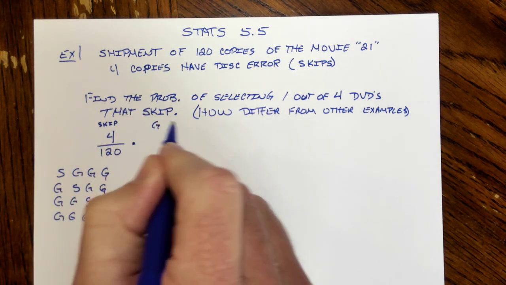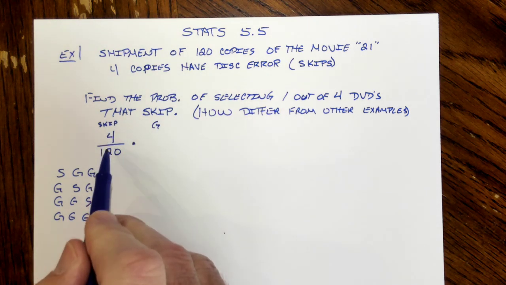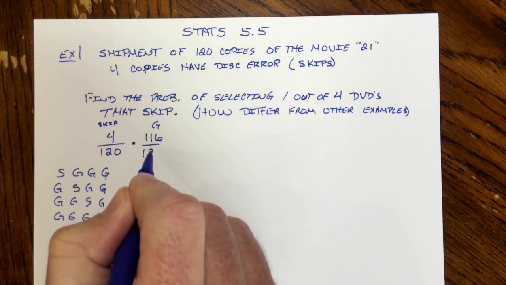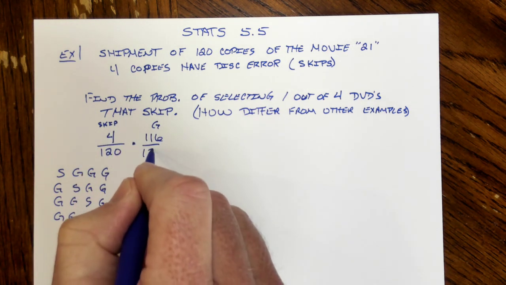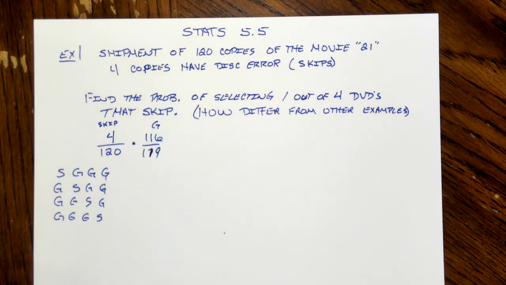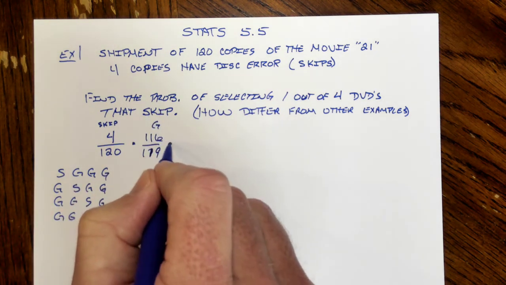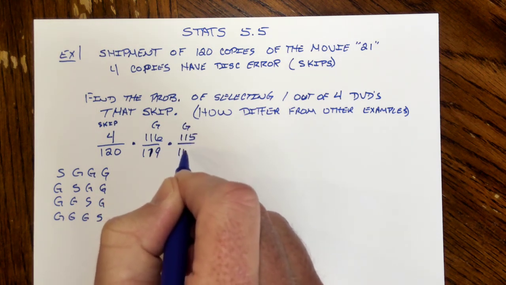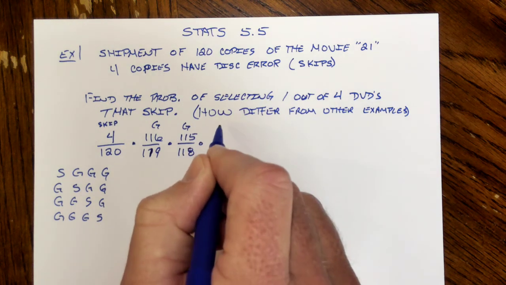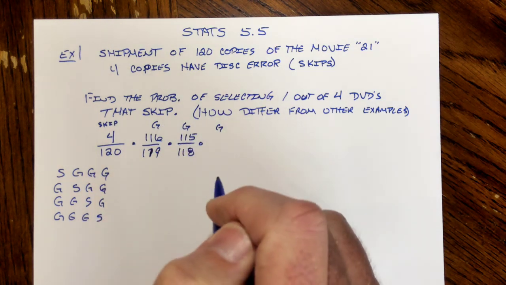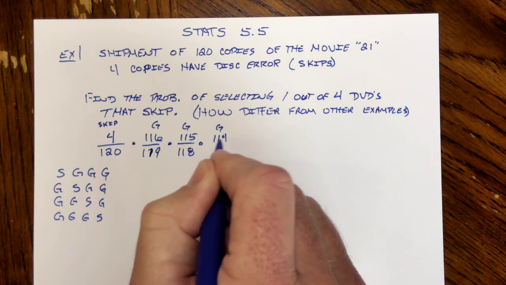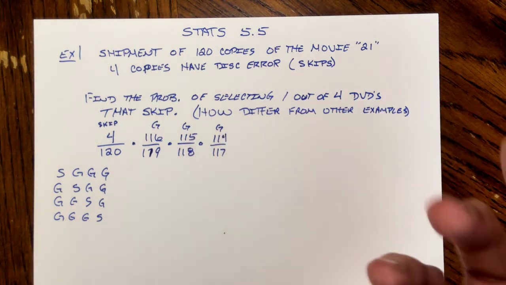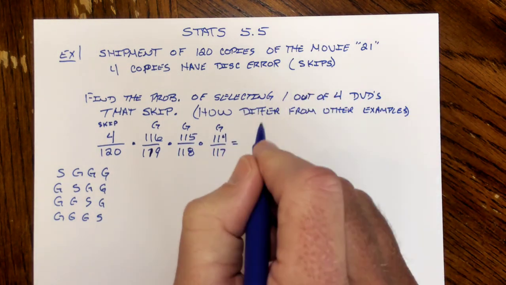And then for the good ones, if 4 skip, that means how many are good? Those of you that said 116, you are correct. But now, almost got carried away here. 1 DVD is out of the circulation. We chose it. We're not replacing. For another good one, now we're down to 115 out of 118. And then our third good one, 1, 2, 3, 4 DVDs chosen. We got 114 left out of 117 possible DVDs. All right, so as we multiply all this together,